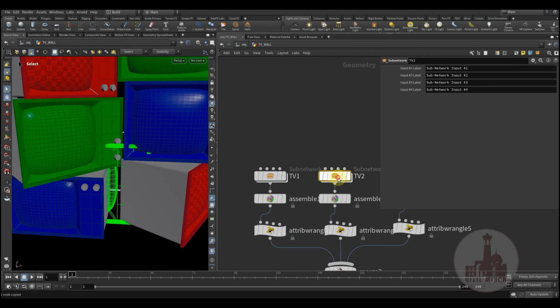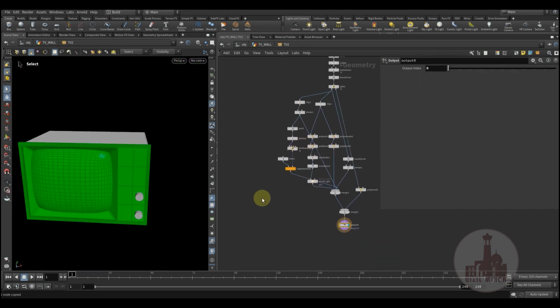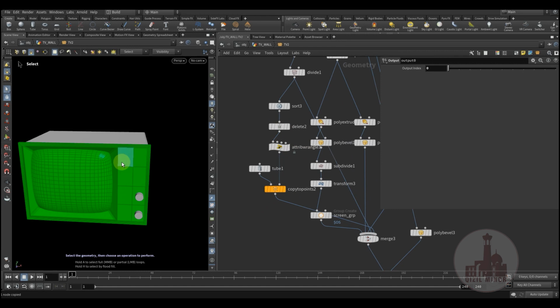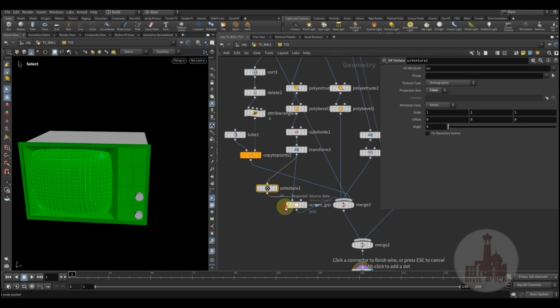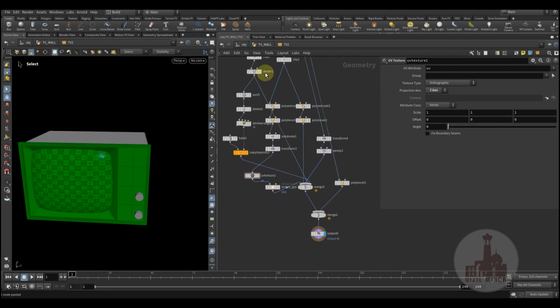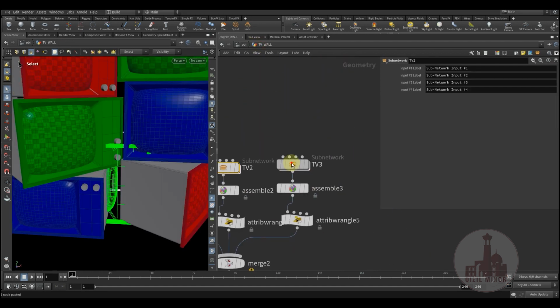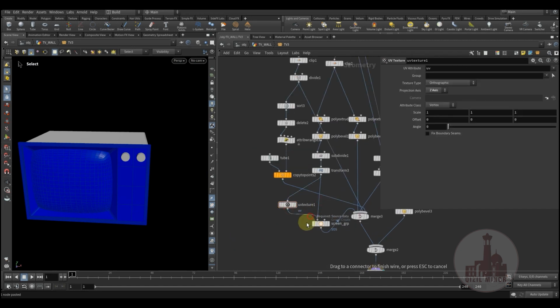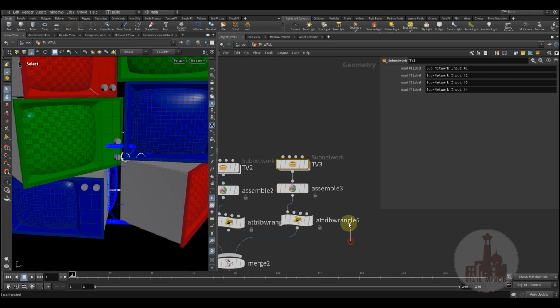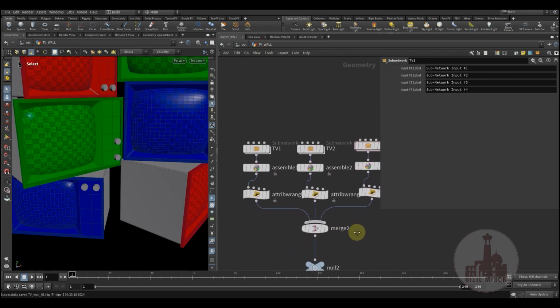So the only difference is the selection of the polygons. So there will be a little difference between those TVs. The last one. Okay. Next,